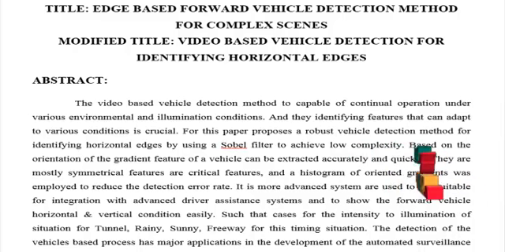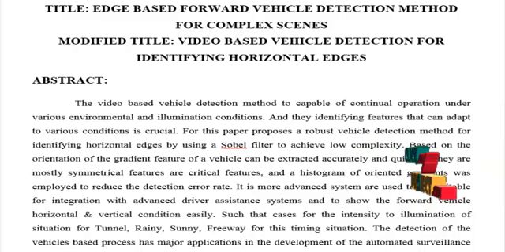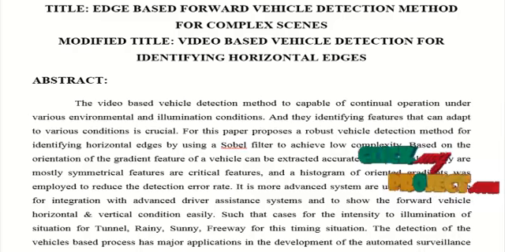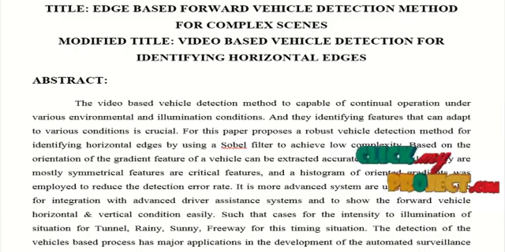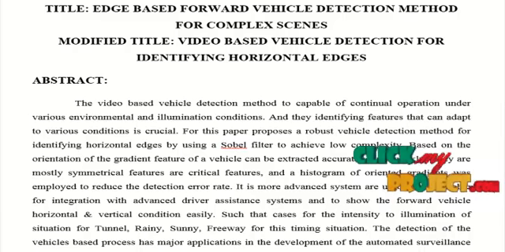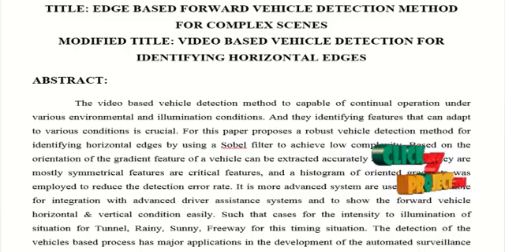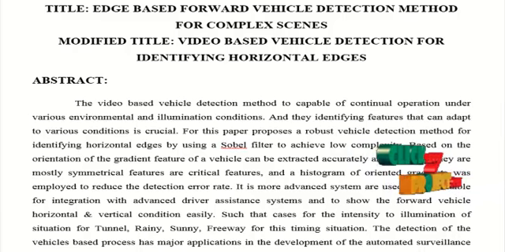The video-based vehicle detection method is capable of continual operation under various environmental and illumination conditions. The identification of features that adapt to various conditions is crucial. In this paper, we propose a robust vehicle detection method for identifying vehicles in videos based on the